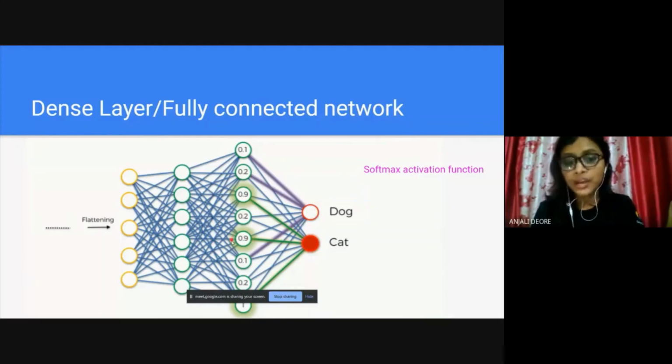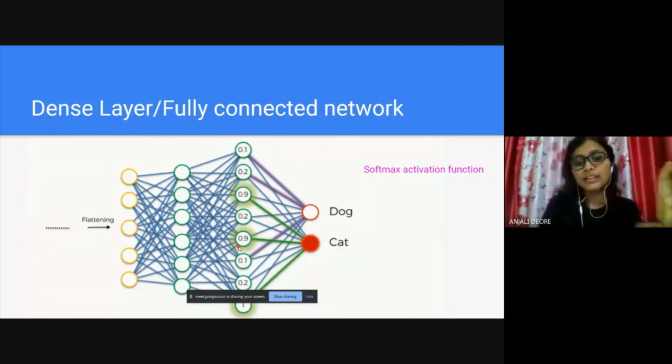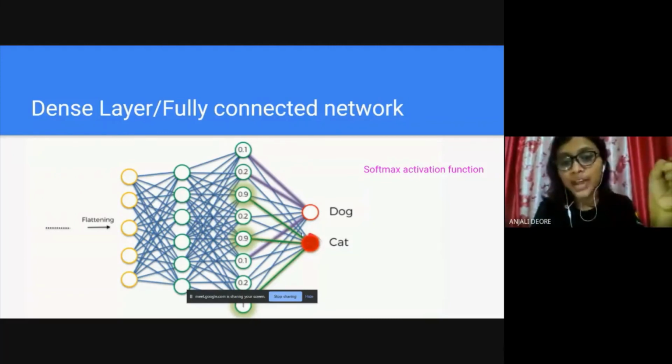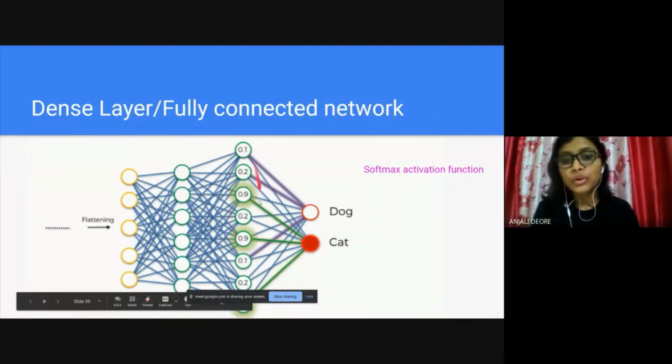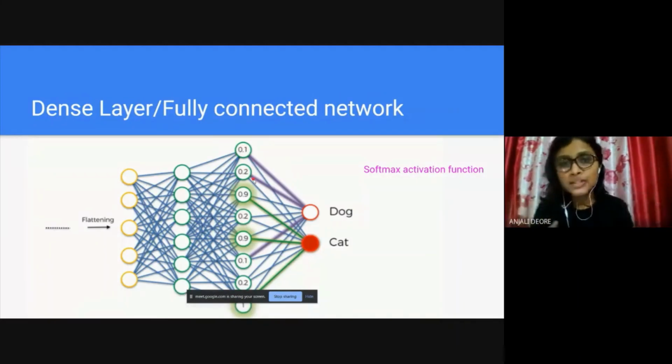Consider this neuron. This particular neuron is 0.9% confident enough that the feature it has extracted belongs to the cat class. So these hypothetical values denote the output of the sigmoid function, and the aggregation of all of these would result in predicting the correct class.